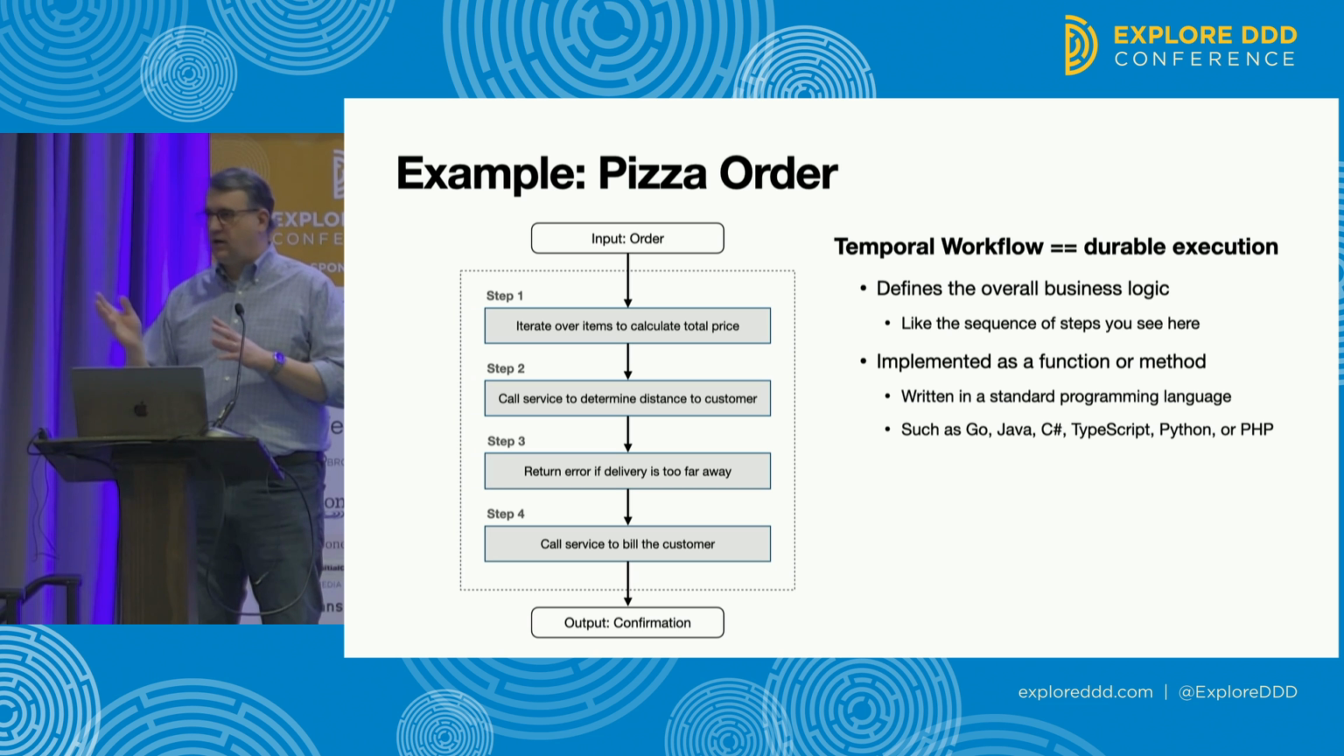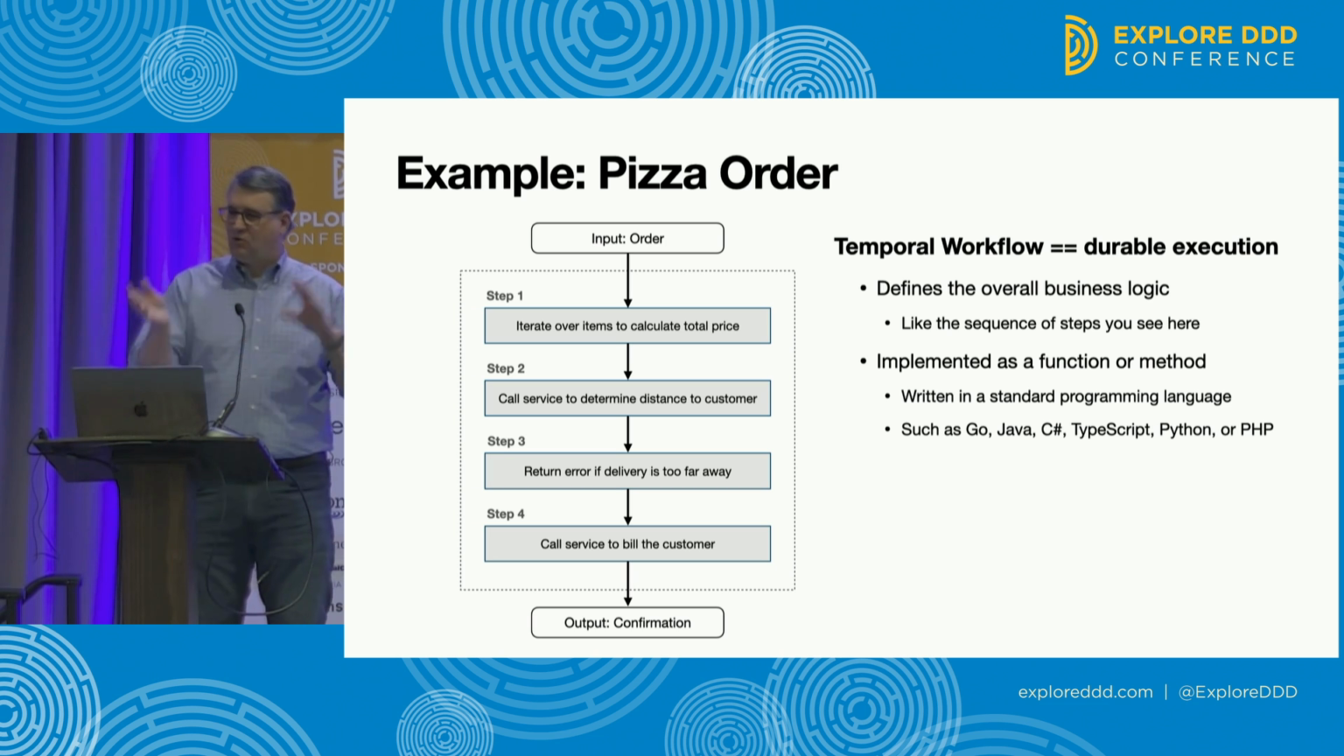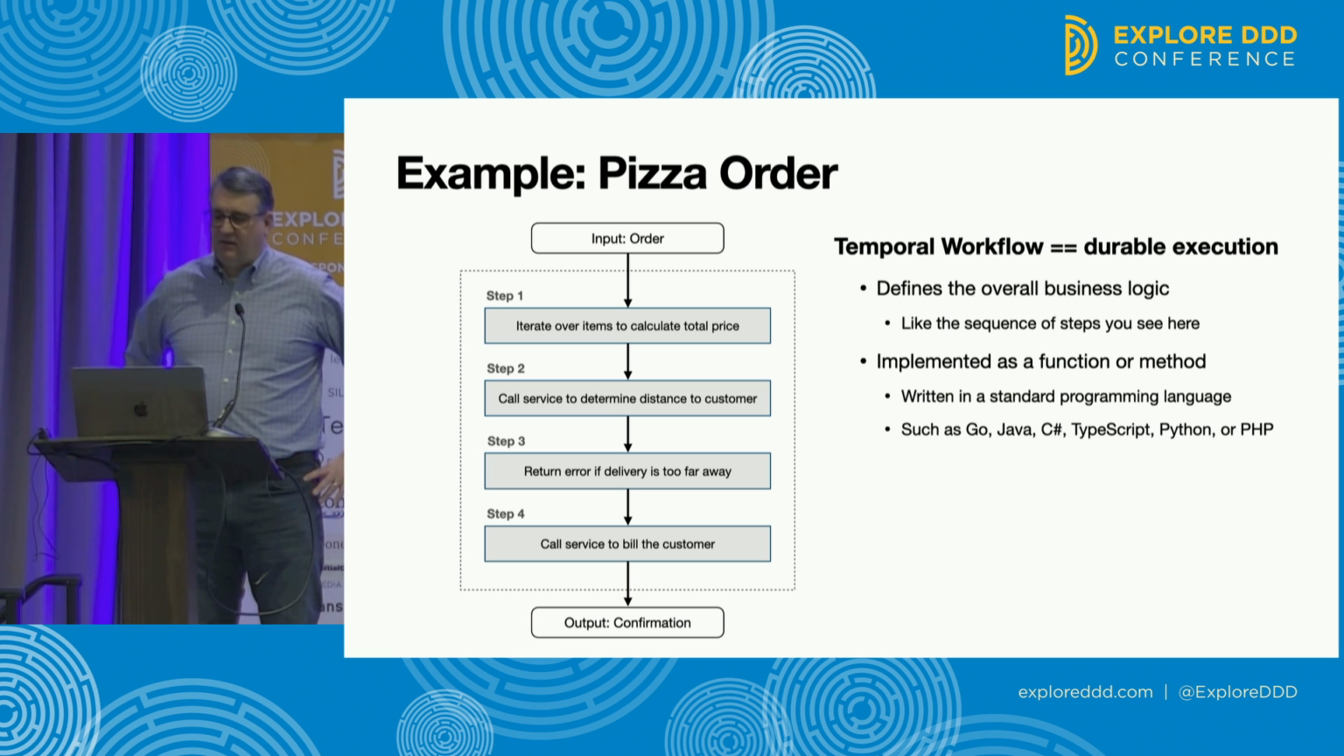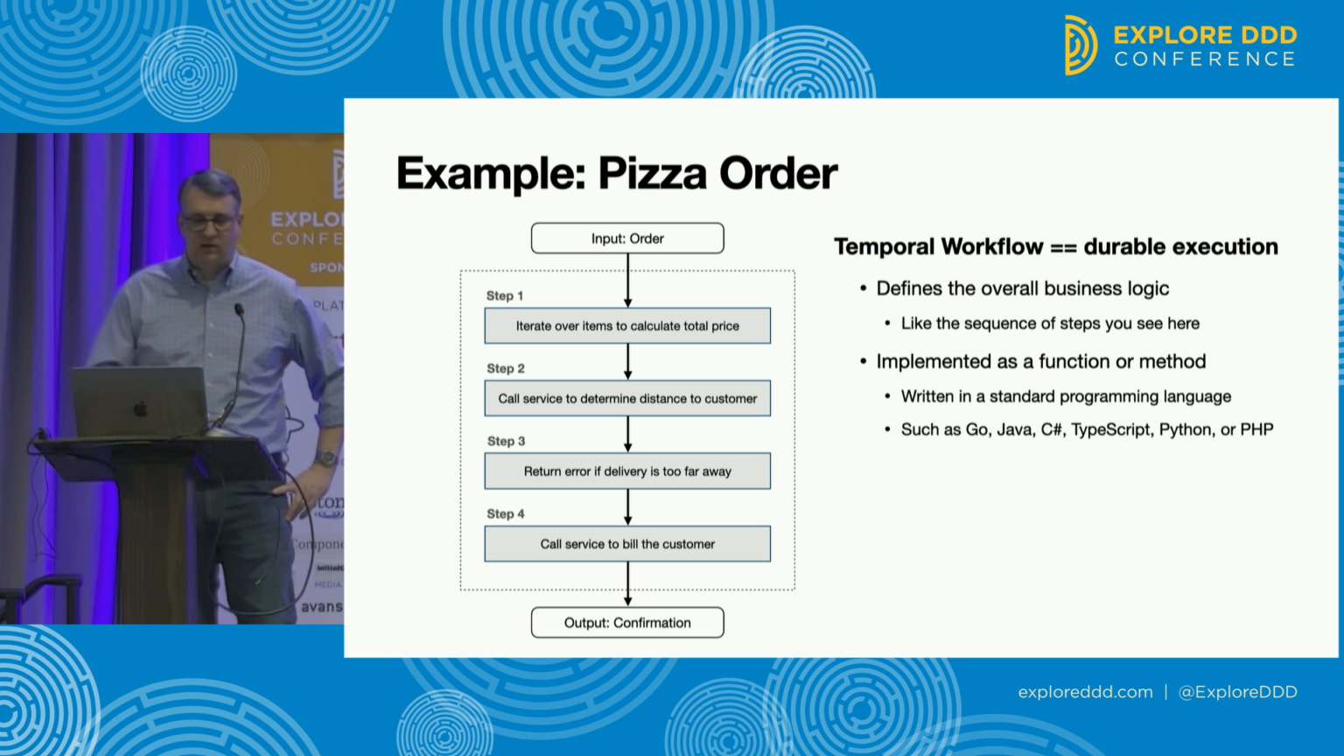We can't use a normal programming language. The fact that it's called workflow is kind of a historical thing. I doubt if it was created today, it would still be called workflow. When I say workflow, you should think durable execution. So it's a function that benefits from durable execution. This workflow defines the overall business logic, like the sequence of steps that you see here for processing the pizza